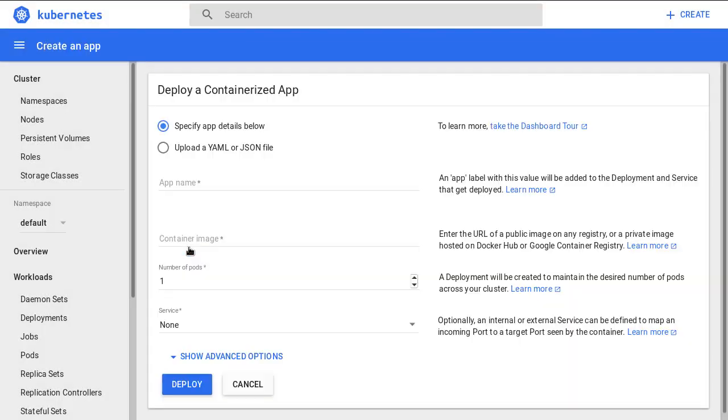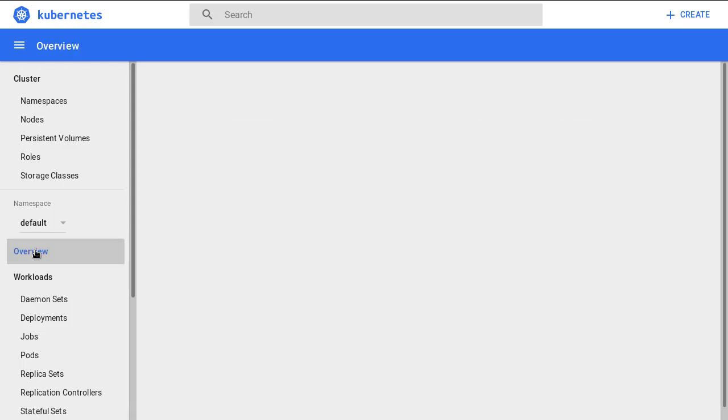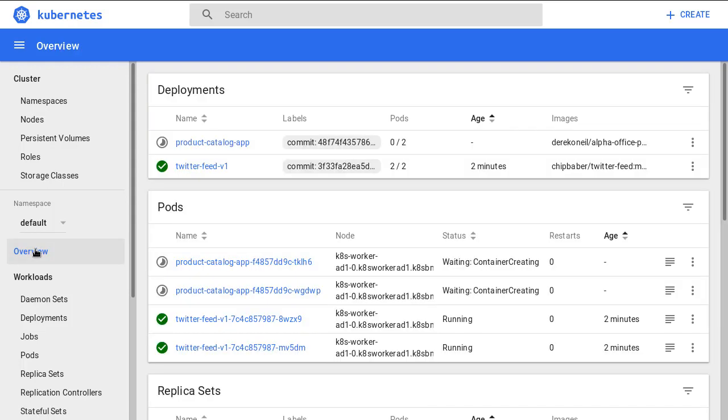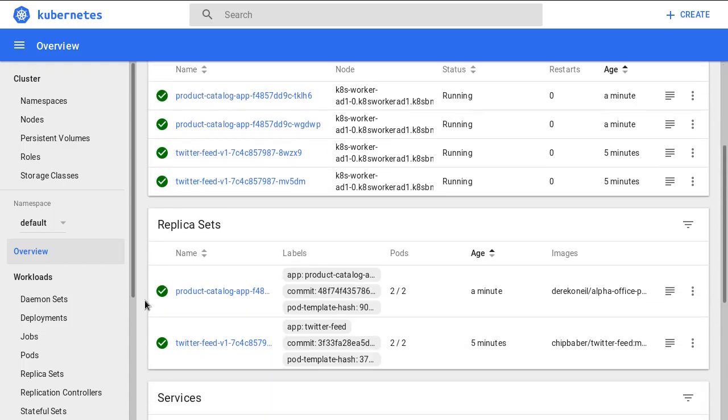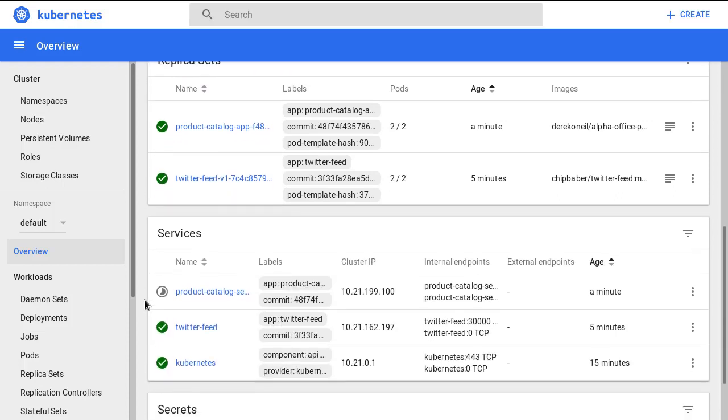And in a minute or two, our product catalog front end will be up and running. You should see the deployment taking place and the pods that are being created. I did fast forward this for the sake of time, but once created, you'll see green checks next to each of these items. And you can actually scroll into the services option down at the bottom, wait for it to complete,